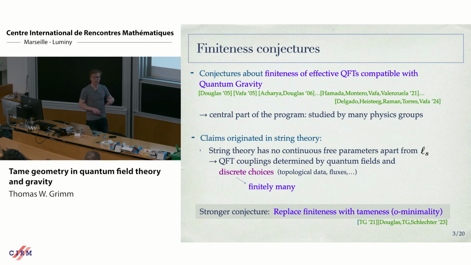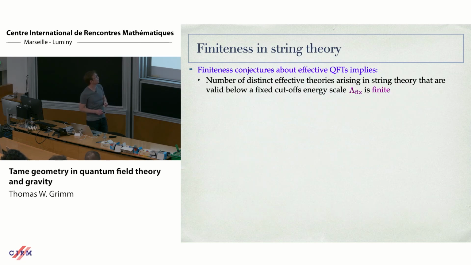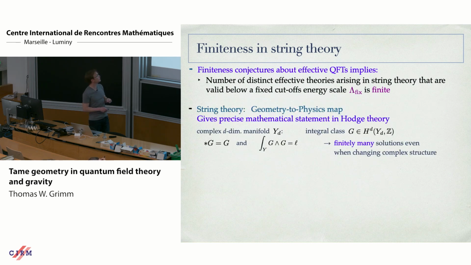Okay? And so we explored this. And that's actually how this collaboration with the mathematicians came about, namely thinking about this finiteness conjecture. So within string theory, these finiteness conjectures imply that some number of theories has to be finite, and the string theory